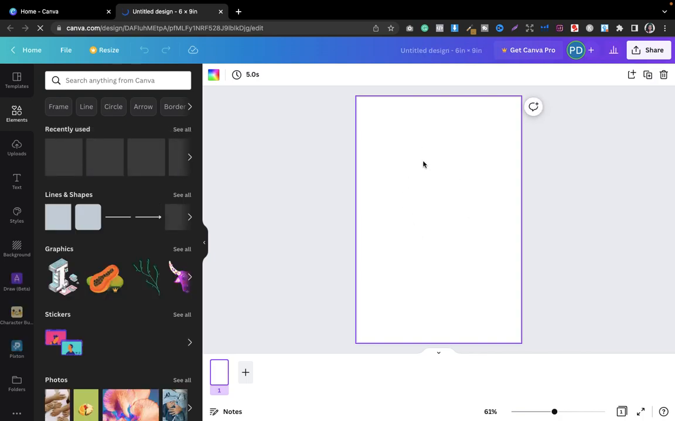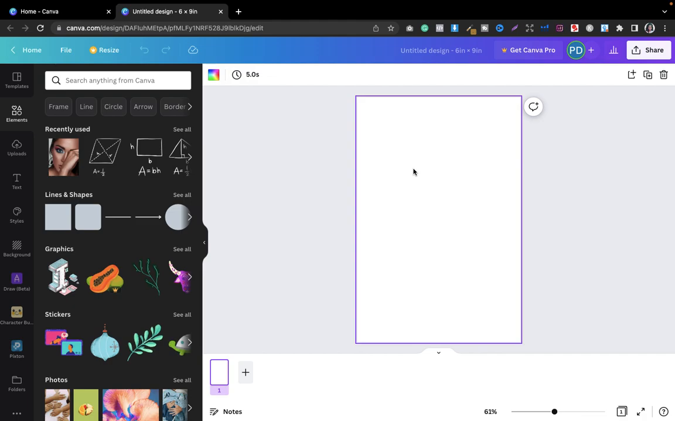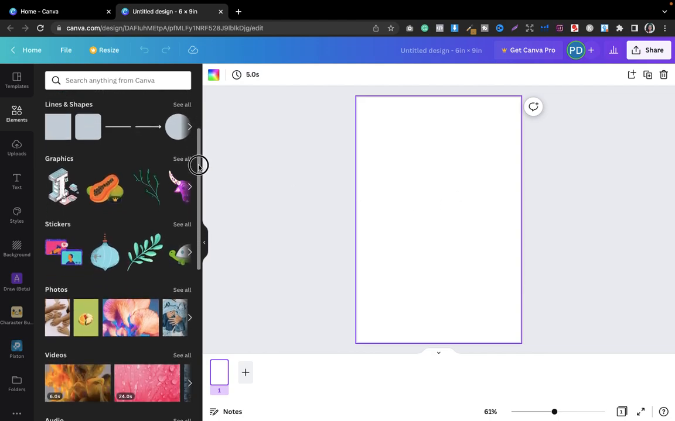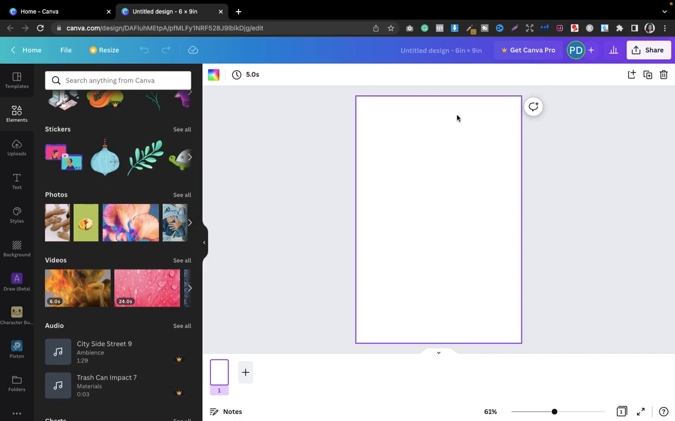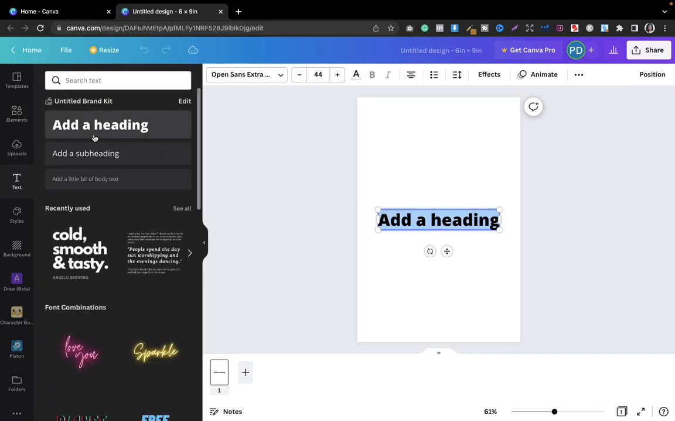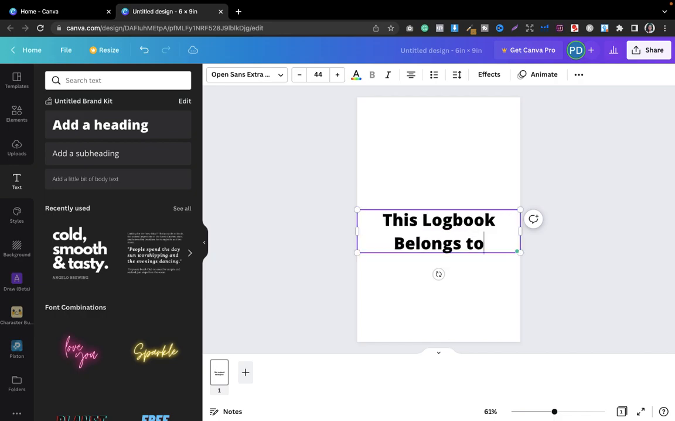Okay, now this is my first page, right? This is my first page, and I want my first page to have two things. The first thing is that I want to have the section where I can give the buyer the opportunity where he or she can write the details. So what I will do is I will go into the text section and I will add a headline, and I will simply write this logbook belongs to. Okay,